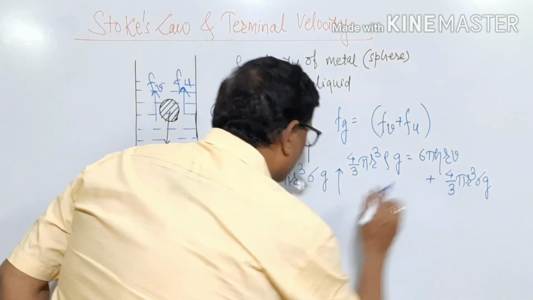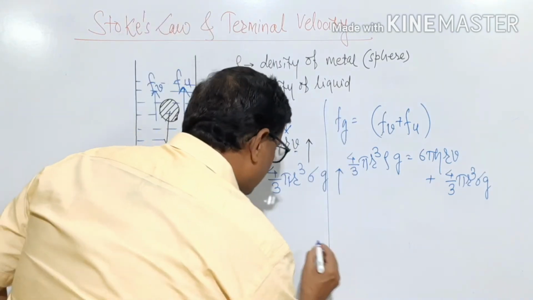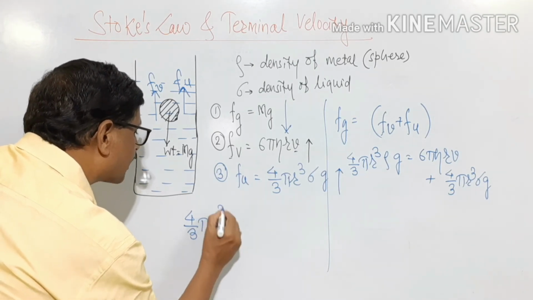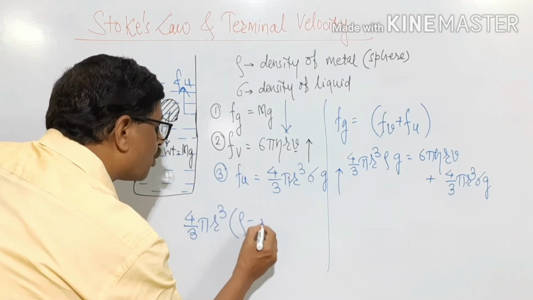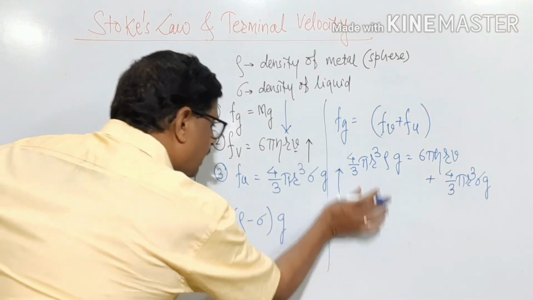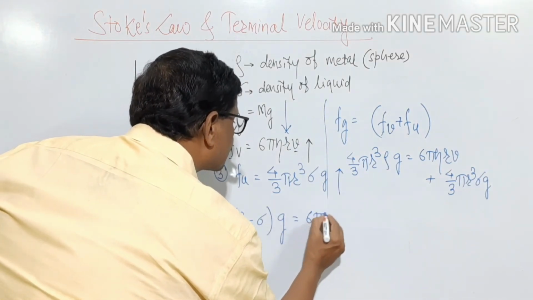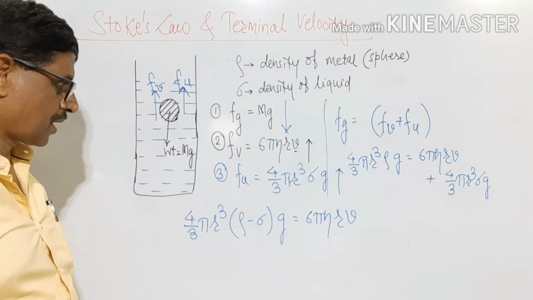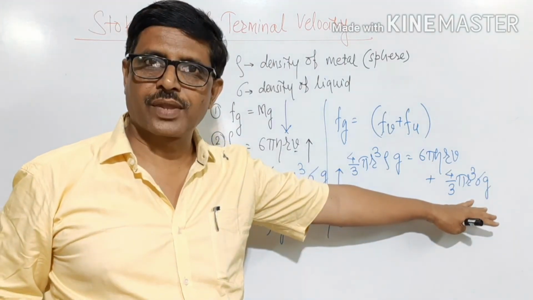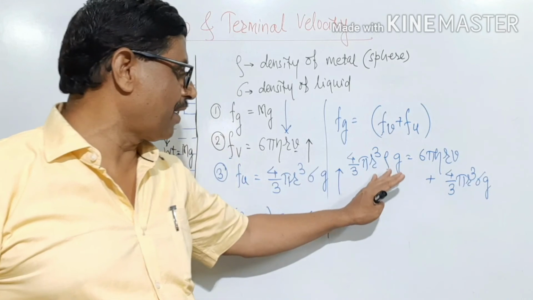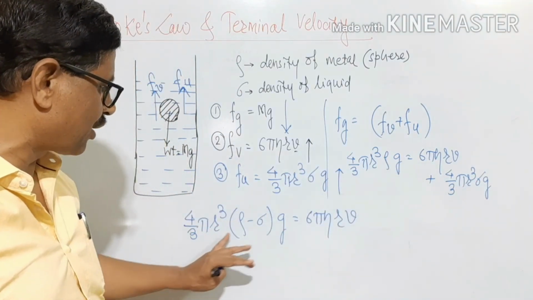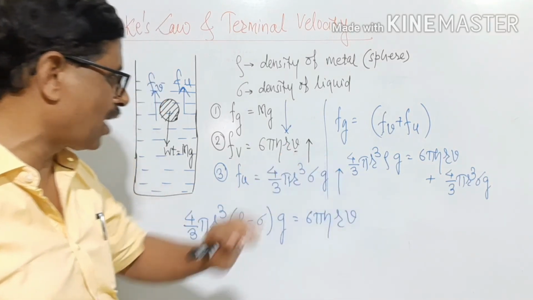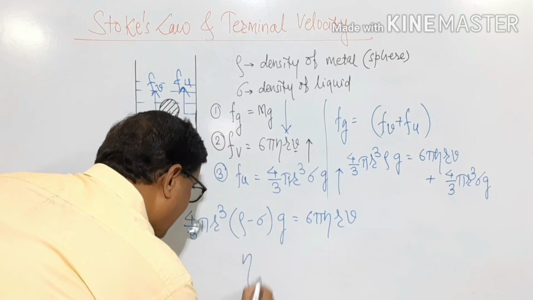Now, with these two, what will I get? I will write here 4 by 3 pi r cube, in the bracket rho minus sigma, into g is equal to 6 pi eta r into v. By bringing this upthrust force to the left hand side, I get 4 by 3 pi r cube, rho minus sigma, into g is equal to 6 pi eta into r into v, and from this I will write an equation